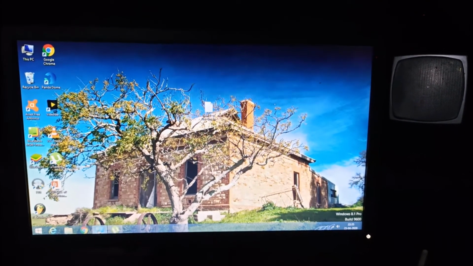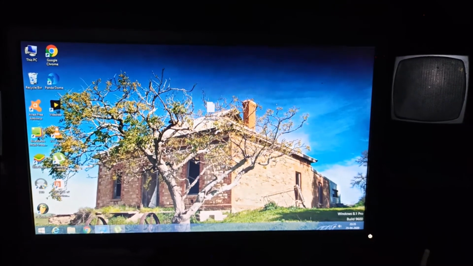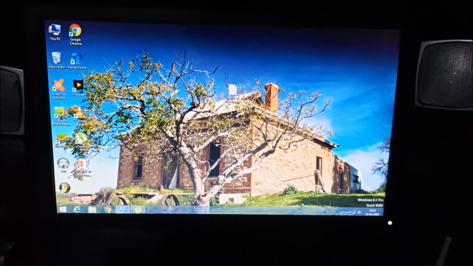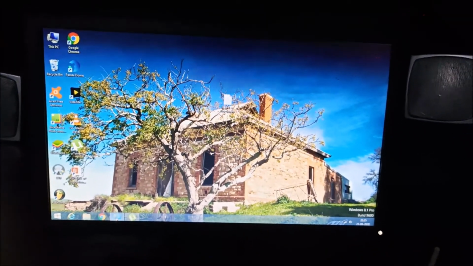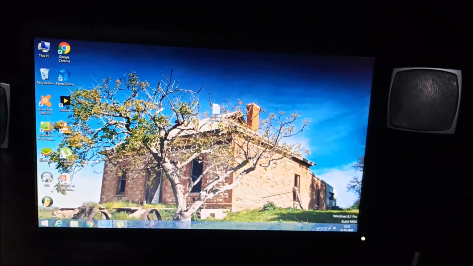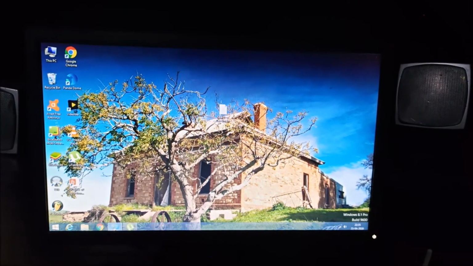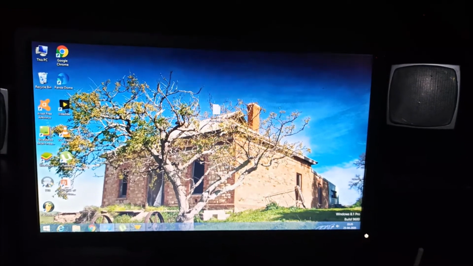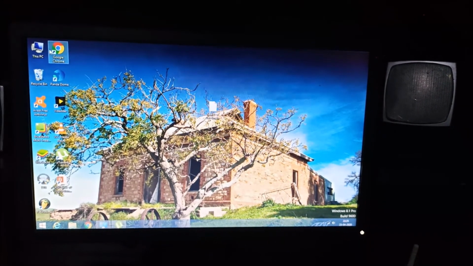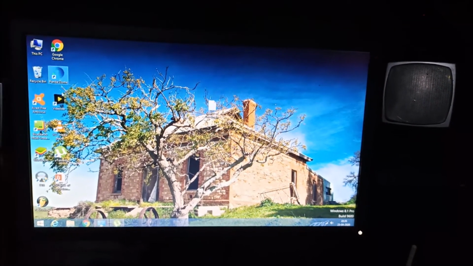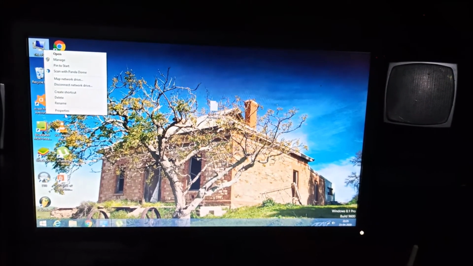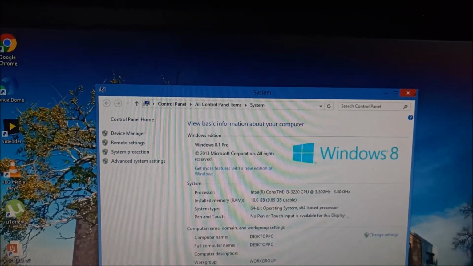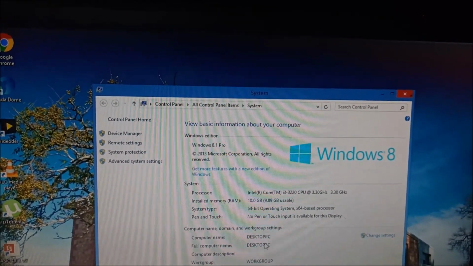So this is my desktop system, and I need to take the remote from my laptop to this desktop system. So I need to configure some settings on this desktop system so that I can take the remote connection from the laptop, which is Windows 10. We will right click on This PC and go to Properties. The desktop name is Desktop PC, as you can see here.